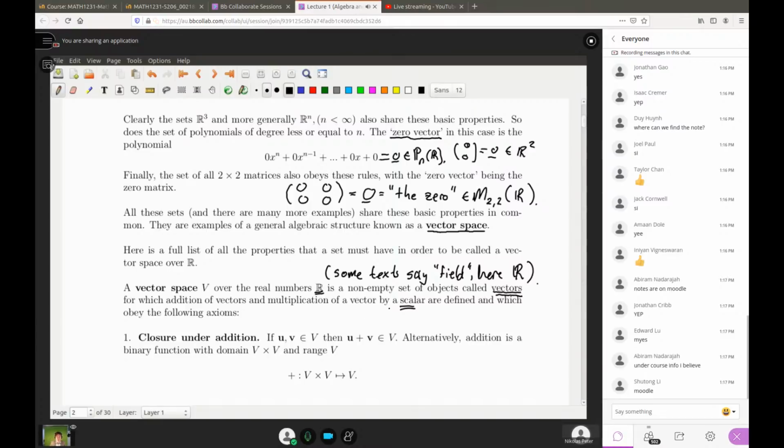First one, closure under addition. We've kind of encountered this already. If you take two elements, u and v, from our vector space, if v is too abstract for you, just think about v is equal to R2. Just think about R2 if things are too weird for you. Take two elements of your vector space, your favorite vector space if you like. If you add those two vectors, then what you get is still in that same vector space. That's that type issue we were talking about before. You take two vectors in R2, you mush them together through addition, you get a vector in R2.